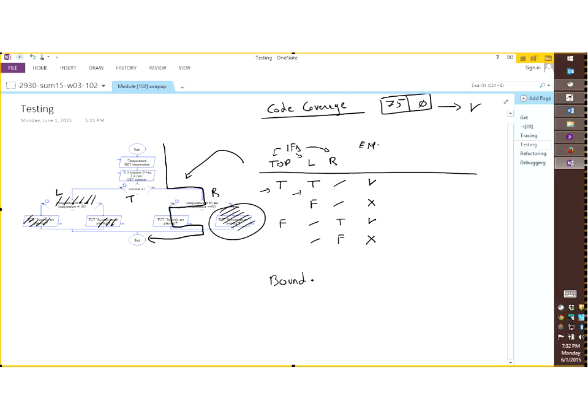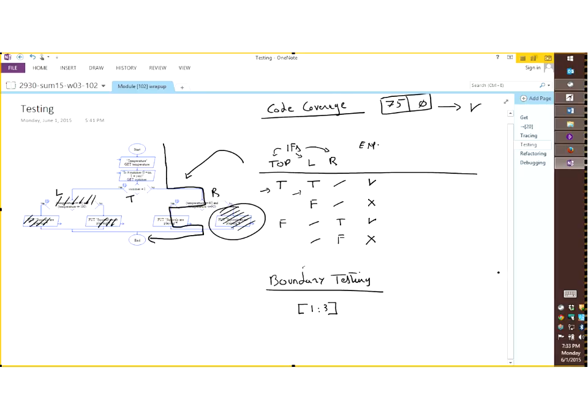Now, the other thing that we talked about is boundary testing. The way we talked about boundary testing so far is this: we're not going to worry about the implementation, or how the program gets the job done. But let's say I ask a program to accept a value between 1 and 3 for a variable. If I enter 1, 2, or 3, the program keeps going and works. If I enter something different from 1, 2, 3, then the program tells me I made a mistake. That's the behavior I want for my program.